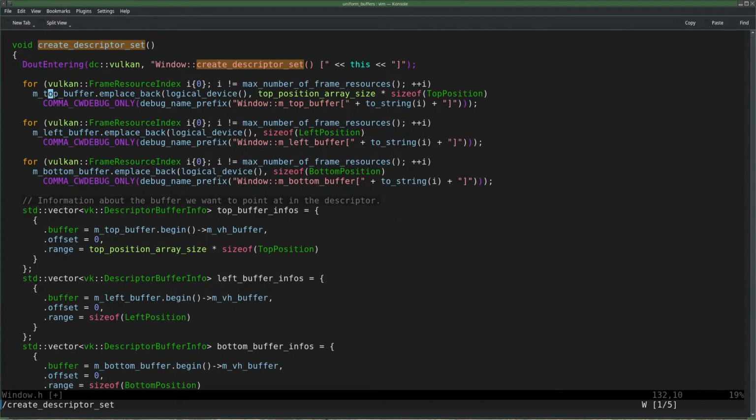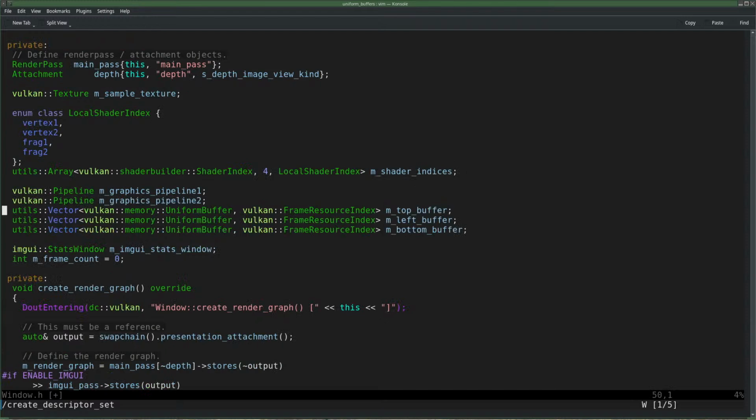What the hell is M top buffer? Yeah, this is way more difficult than I thought it would be.